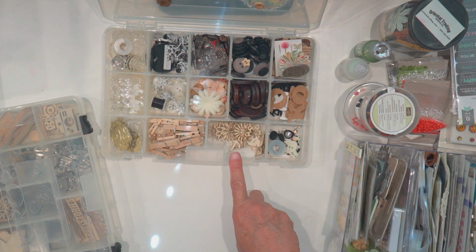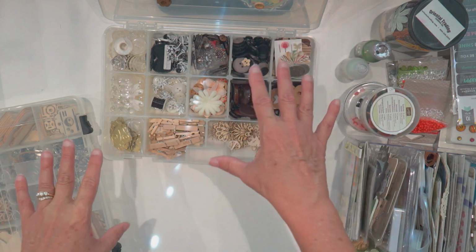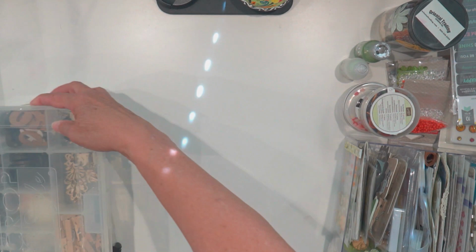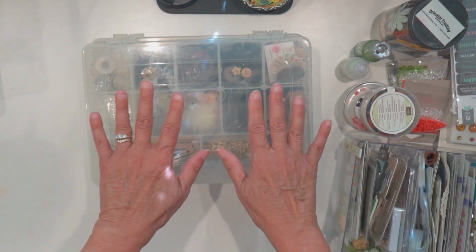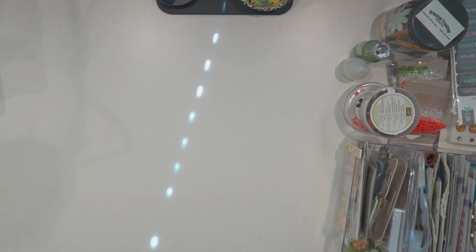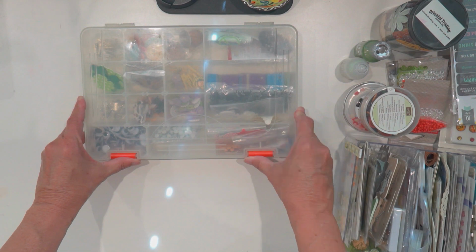So, yeah, I'm just going to keep these two here and have them near my scrapbook. So I like that. That's keep. This one,